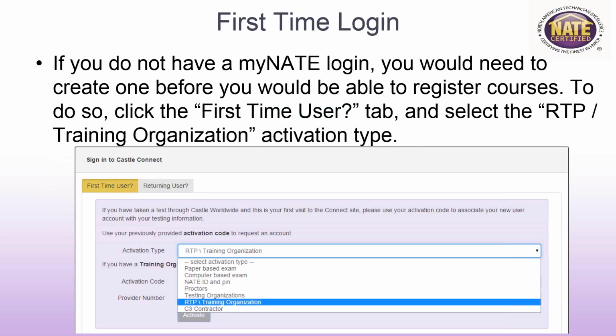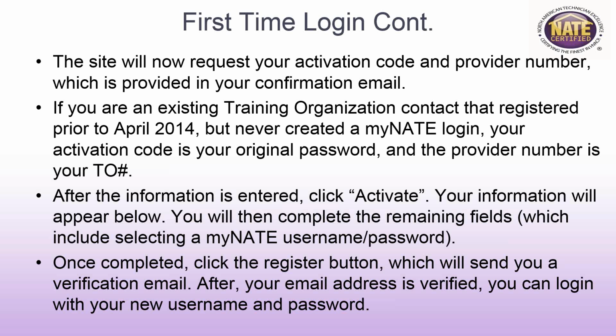Once you have that confirmation email, you will need to create a MyNate login. So to create a MyNate login, you'll want to go to the First Time User tab on www.mynate.org and then select the activation type as RTP/training organization. The site is then going to ask you for your activation code and provider number, which is in your confirmation